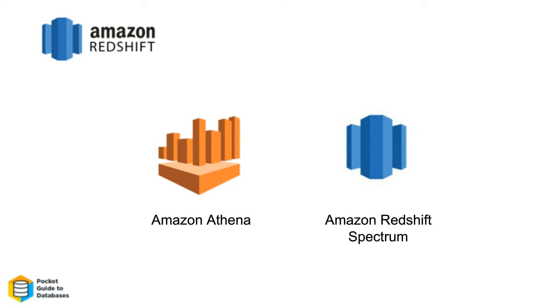It's an MPP data warehouse where you load data in. You can do that very quickly because you can parallelize the process so that the data gets sort of sucked in by many different machines at once. And then you can query it. But most companies that are using Redshift probably also have enormous amounts of data that are not nicely curated and shaped and ready for loading into Redshift, but actually just live in S3,